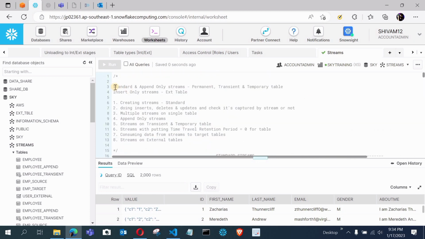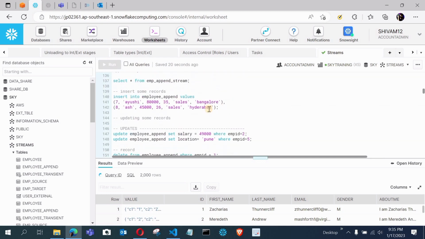You can see we have written here that standard and append only streams work for permanent, transient and temporary tables. We can create standard and append only streams on those, but we cannot create them on the external table. For the external table, we have to create this insert only stream. That's why the insert only stream came into the picture.